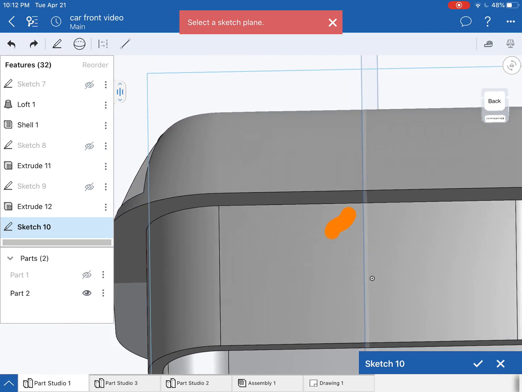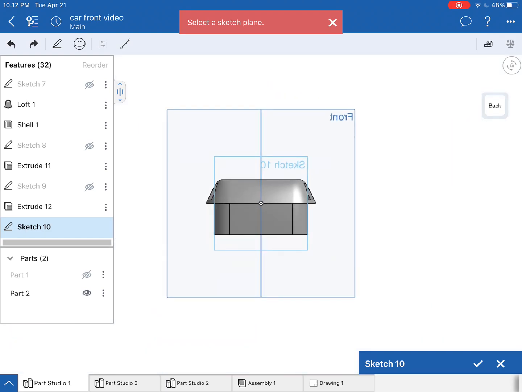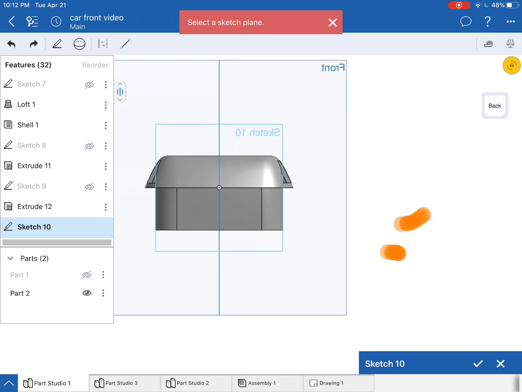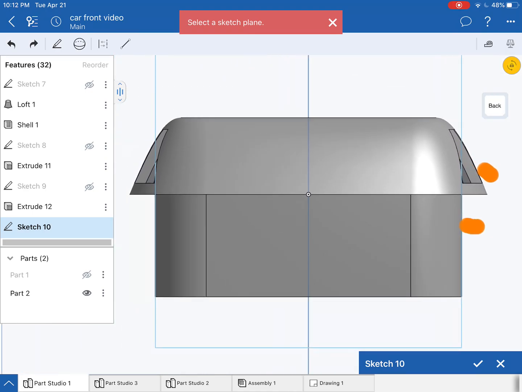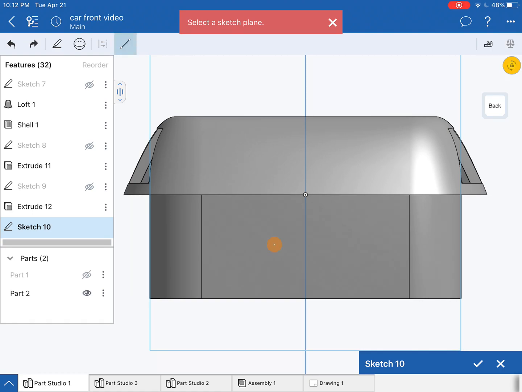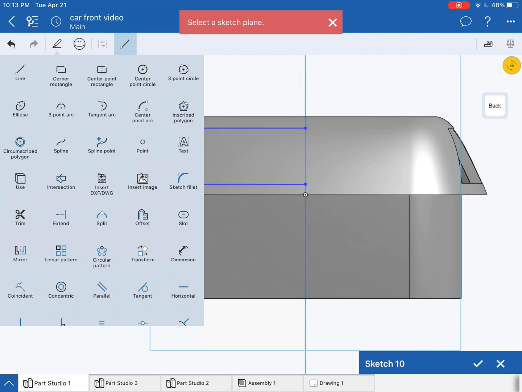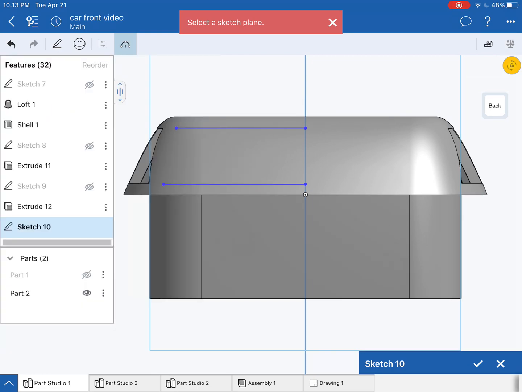Once you've got it zoomed in, pick your line tool, double tap, view normal, lock it in. I don't know why this is being so goofy. All right, I'm going to select there, come over to the side, about there. All right, hit your tool, hit it again, go to the top, go over there, and now let's take our 3-point arc again,